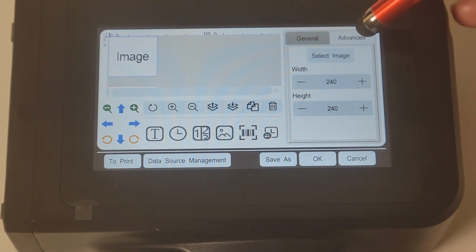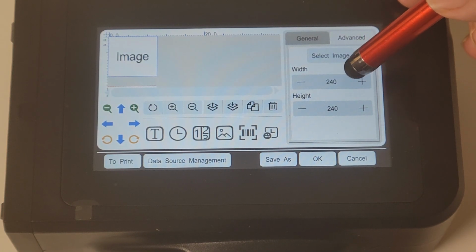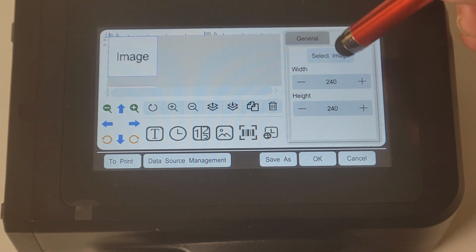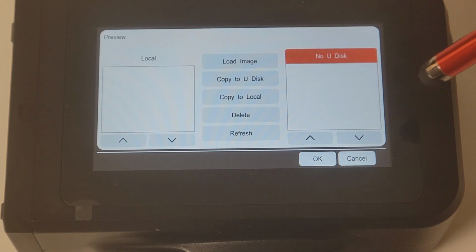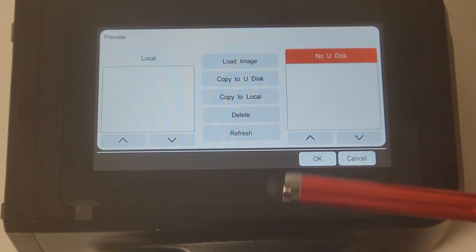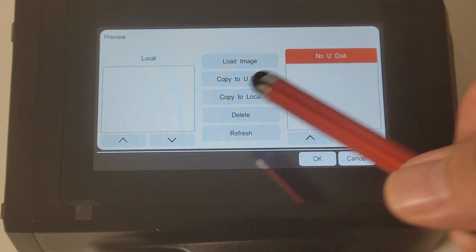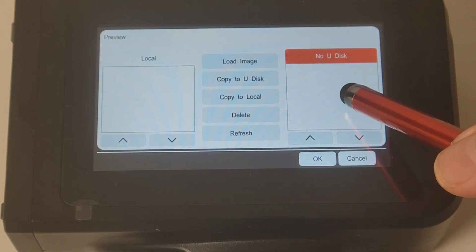In the Advanced tab, that will allow you to select the image as well as adjust the width and height of that particular image. So clicking Select Image will open the File Editor or File Manager. From here, the files that are available will be listed on the local drive. If you have it